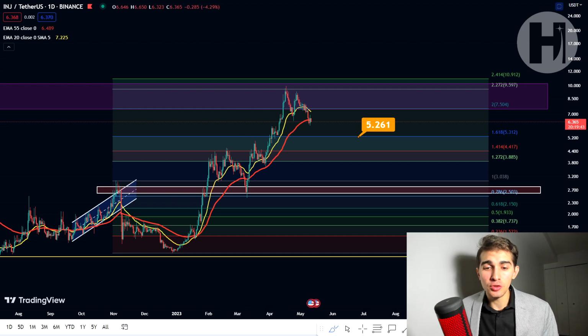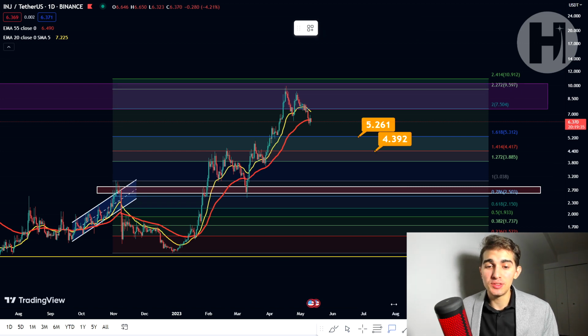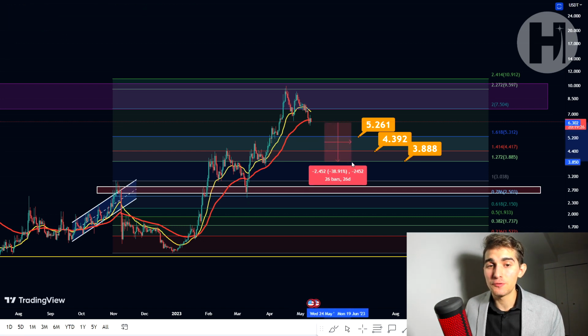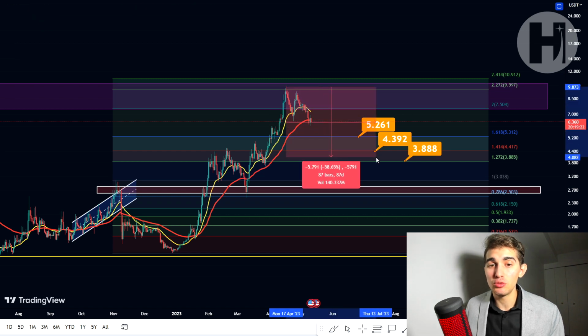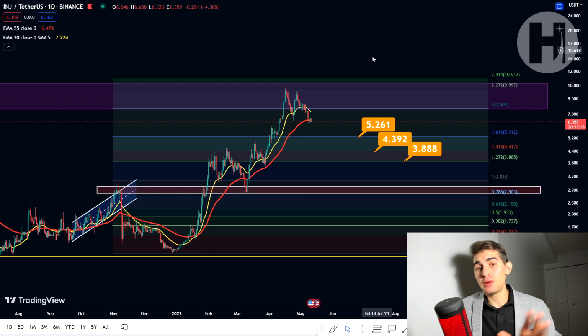And we could also target the previous fib levels here that we were testing as resistance. For example, the 1.414 at $4.41, 42 cents roughly, and the 1.272 at $3.88. So from where we are right now, that's another 40% pullback from the high that we printed in April. Approximately, that would be a 60% pullback. So I would say that would be a nice pullback, and that would be quite believable, unless we see a